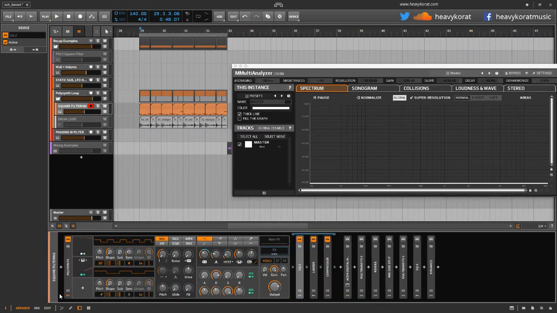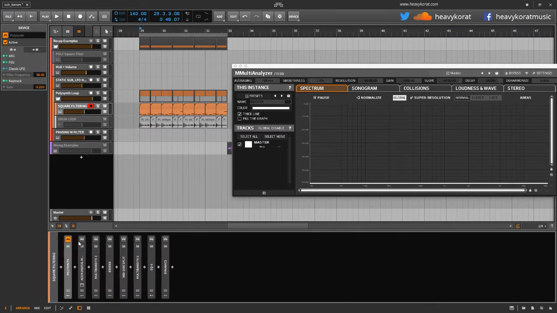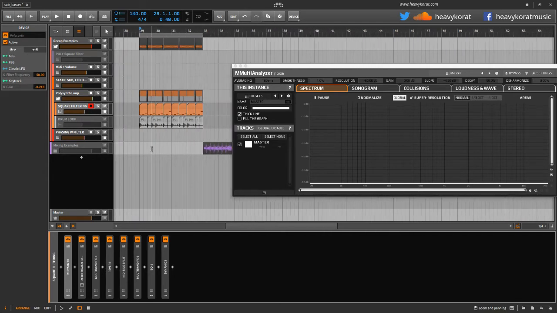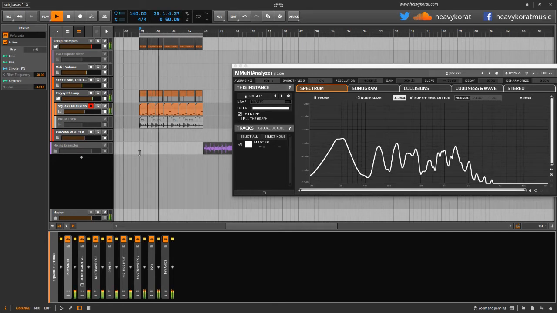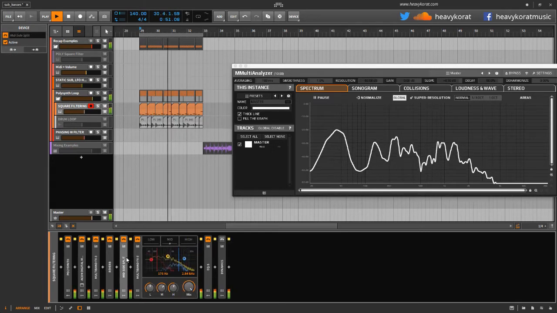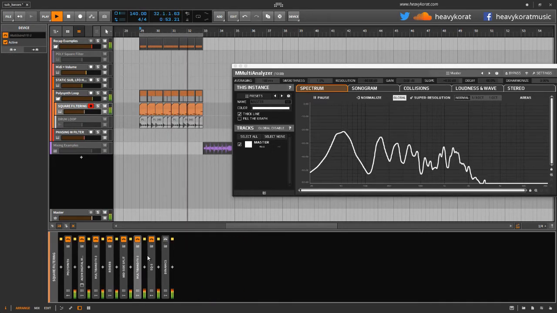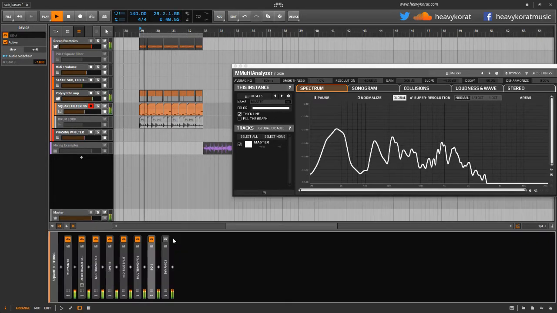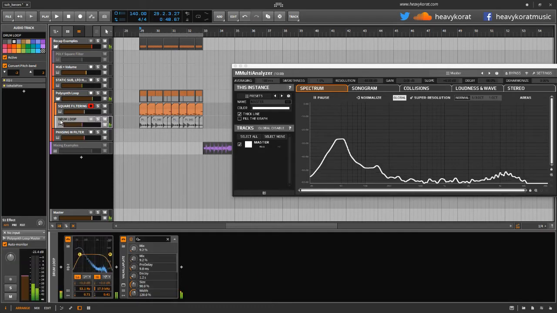So I went ahead and added a few more processing. I added a chorus, reverb, mid-side split, a little bit of distortion, just to show you that starting off with a sub bass, you can slowly process it into a mid bass. And then if we add that with a drum loop,